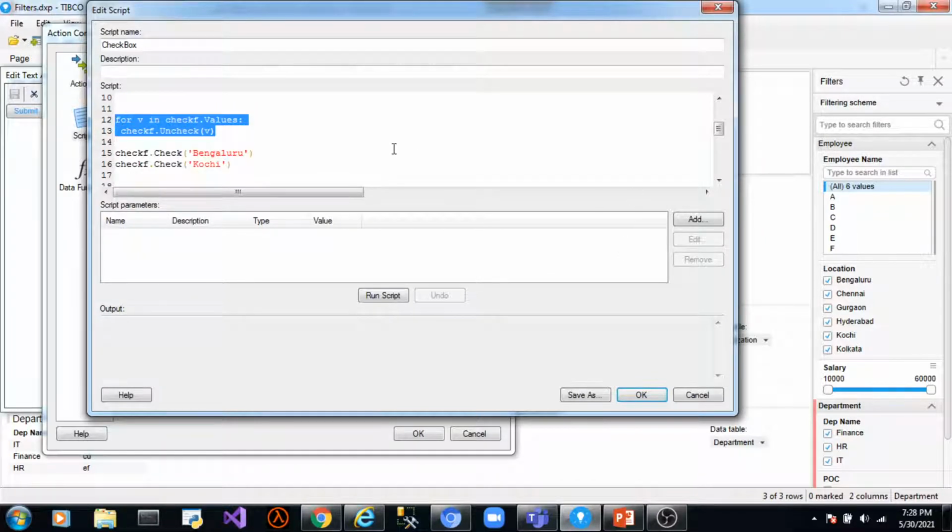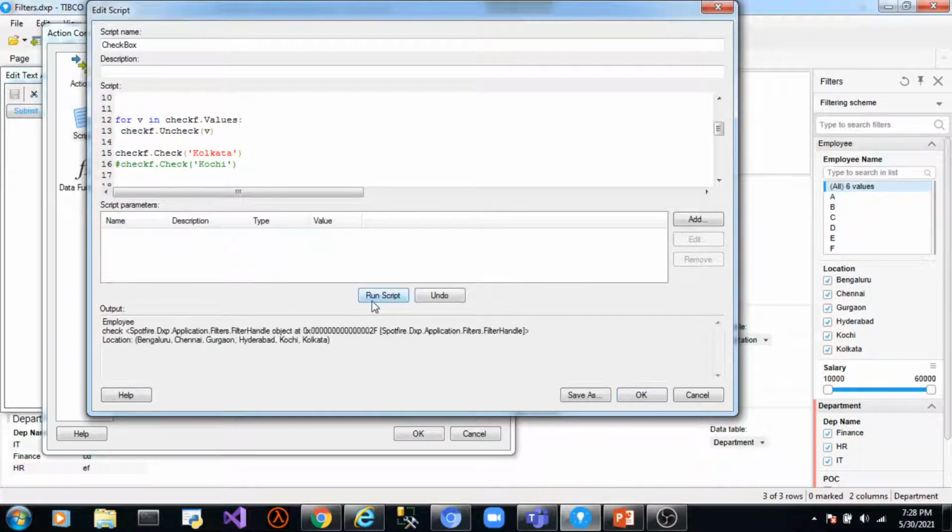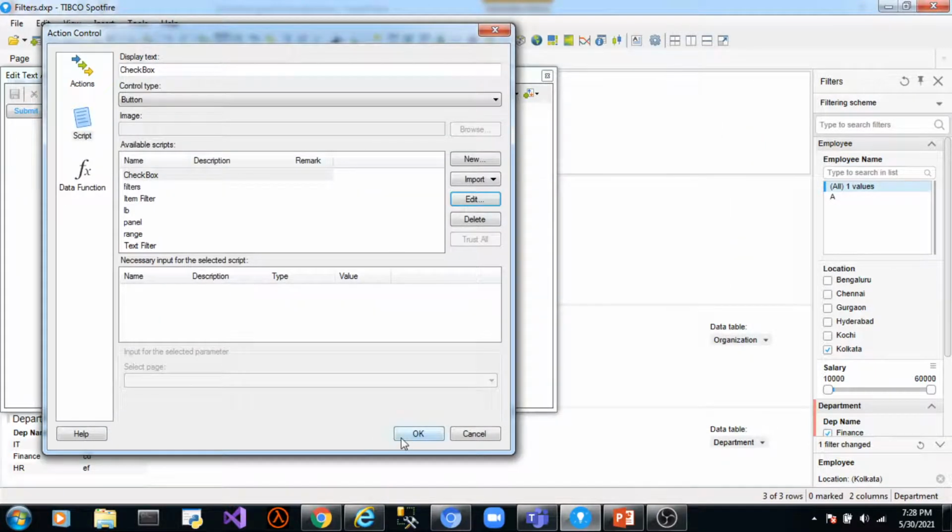After all the values are unchecked, we pass to the check method the values which we want to be checked. Suppose we want only Kolkata to be checked, we will pass Kolkata to the check method. So only Kolkata was checked.